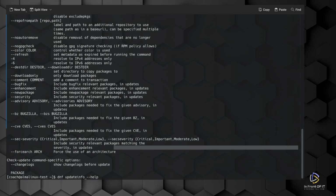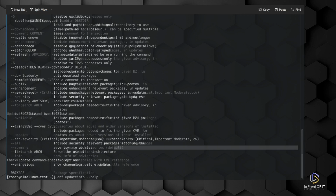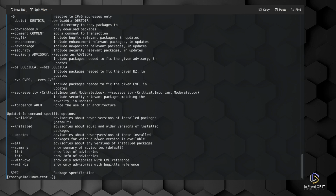So step one for this tip is to find out what options we need with the DNF command, which is the command used to update systems for patches, security updates, installed applications. As you can see from the highlight, the option we want is --available, which shows advisories about newer versions